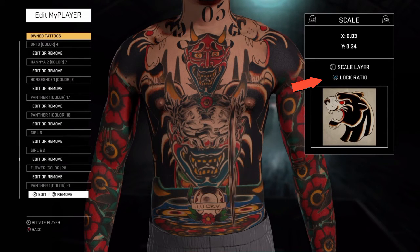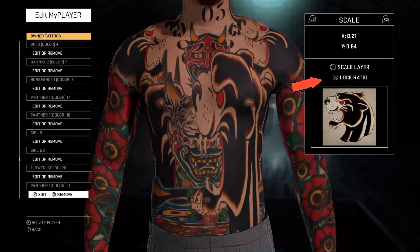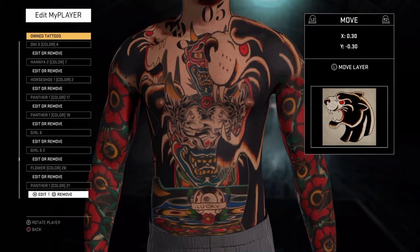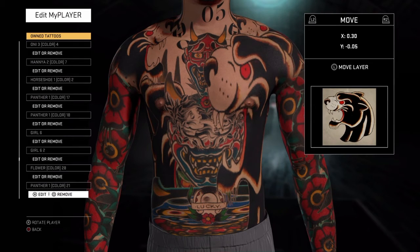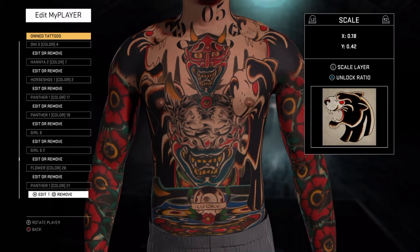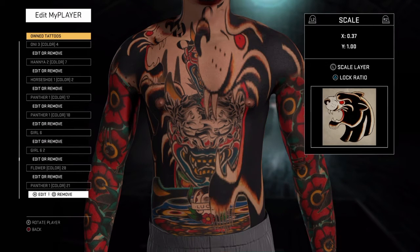So starting off with the tattoo, what we're going to do is I'm just going to go ahead and pretty much put it on top of this one, just for you guys to have an idea what's going on. So you see how I go ahead and I just place this right here. Actually this tattoo, what I'm going to try to do is try to put this face that I have here. Wait, what's going on here? Okay. This face that I have in the middle, I'm going to go ahead and try to put it in a way that